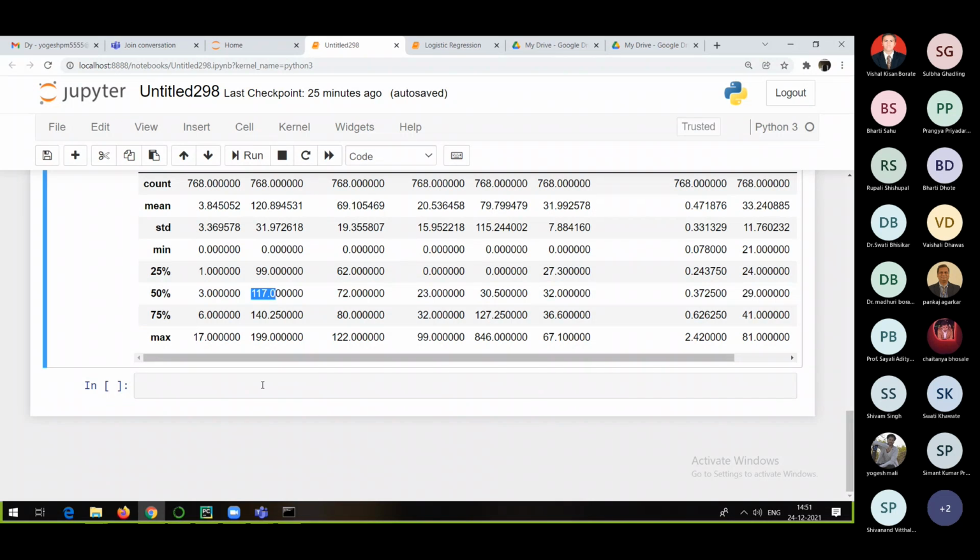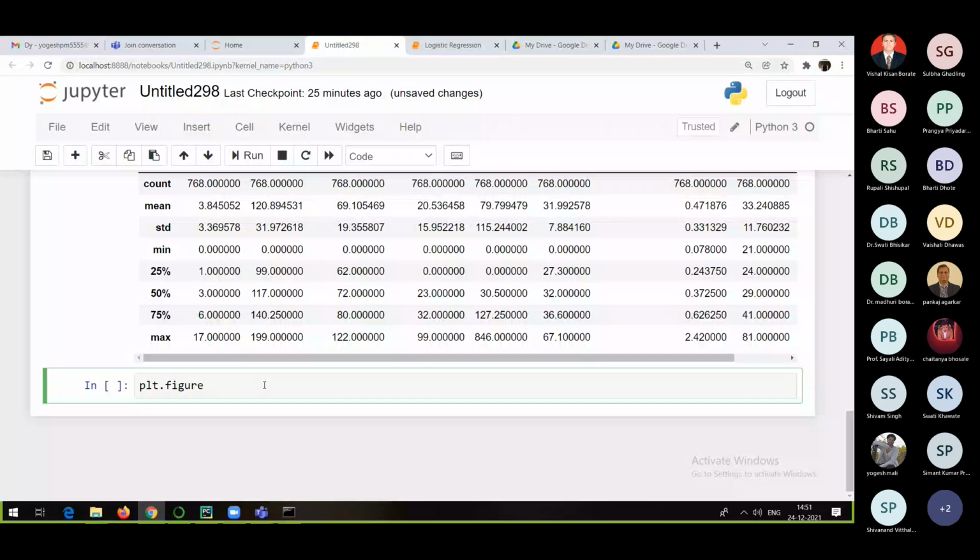But we will go and we will try to plot the graphs, and then we will try to understand the distribution. So in the last session, I had showed you how to make use of those basic packages, right? So plt.figure, I will give figsize equal to, let's say, something like this, 20 by 25, right? I think yesterday also we used the same thing, and we can use some face color. The face color is white, okay.